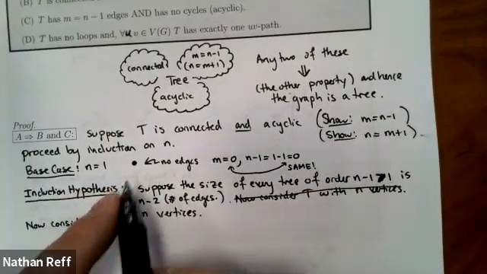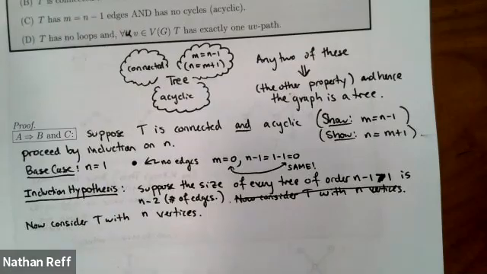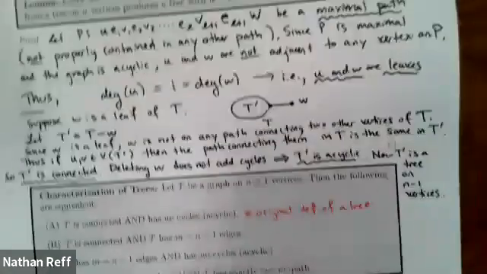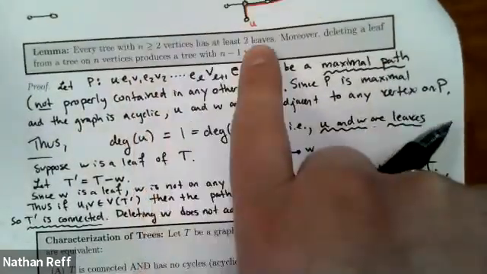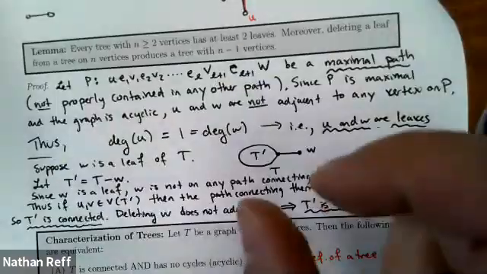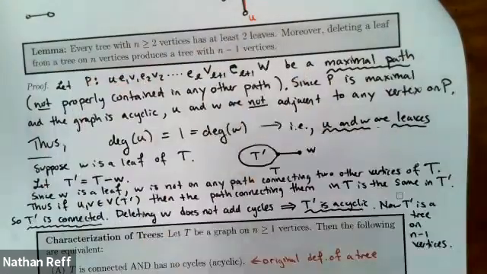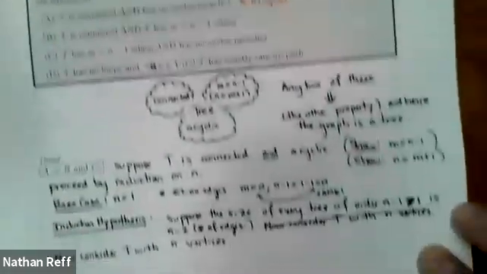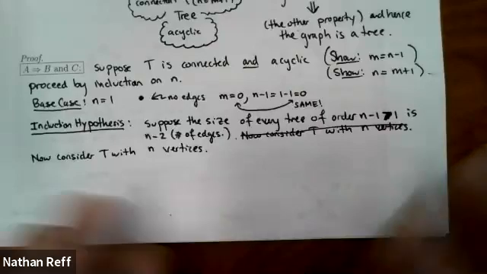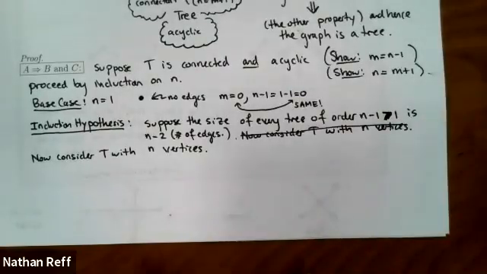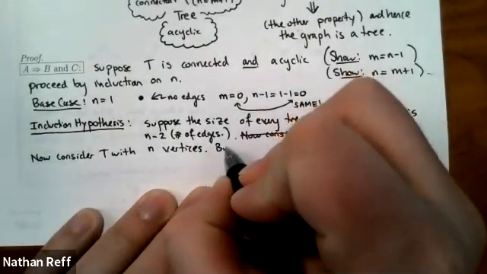But now that you're assuming you're bigger than the base case, you're okay. We have at least 2 vertices, so we have 2 leaves. Therefore, we can guarantee we have a leaf, and if I delete one of those leaves, I will be a tree with n minus 1 vertices. That's the key to using the rest of this. So consider this, by the lemma above,